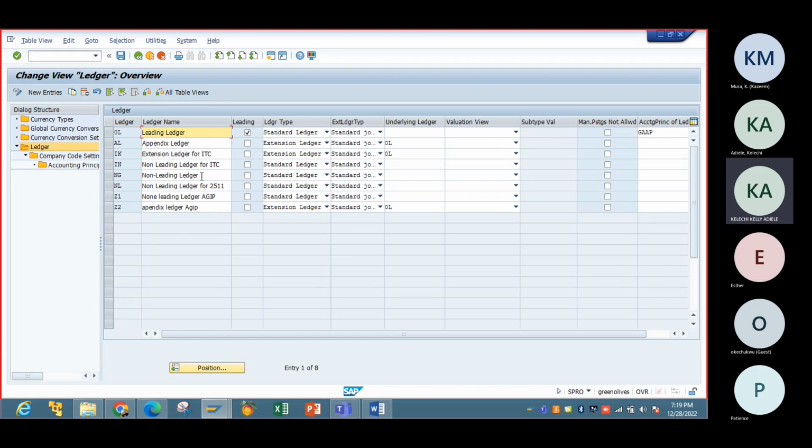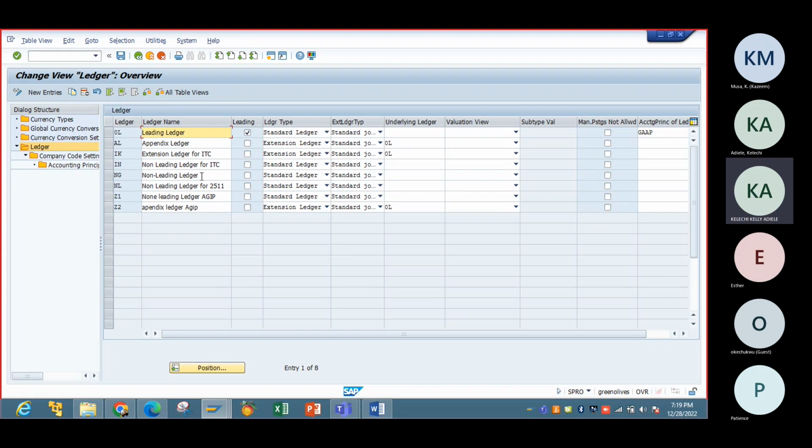So the essence of ledgers is to give flexibility in doing parallel reporting. And ledgers and accounting principles, which are, for example, IFRS or GAAP, are also used to enhance reporting according to a particular standard. So for this page, we're going to define the